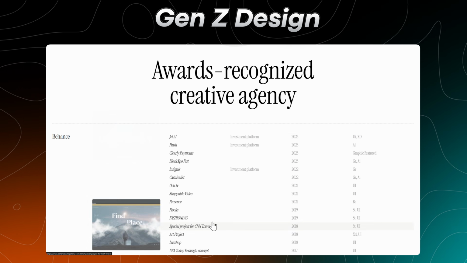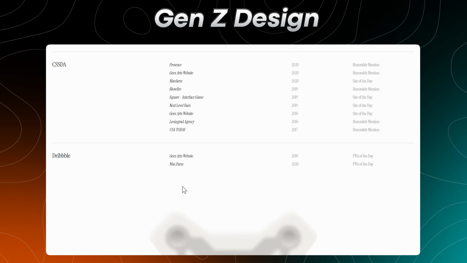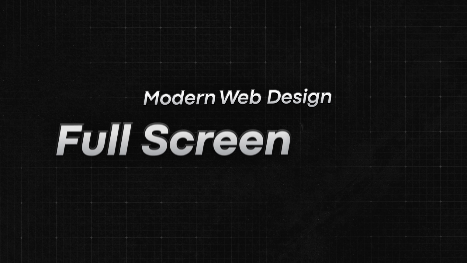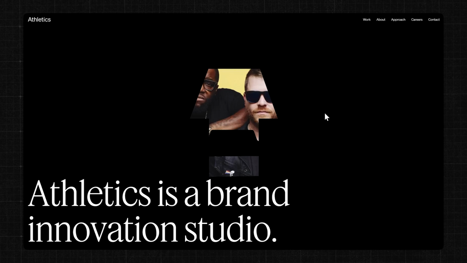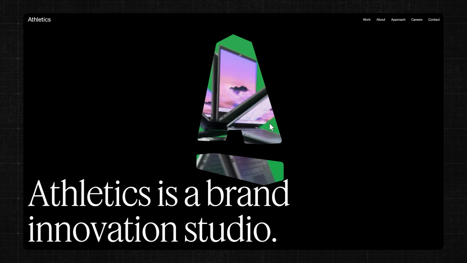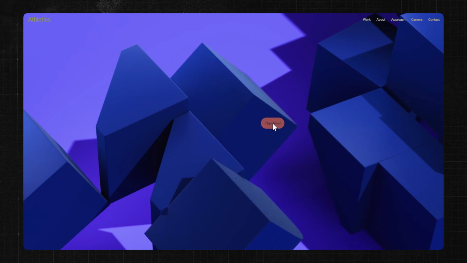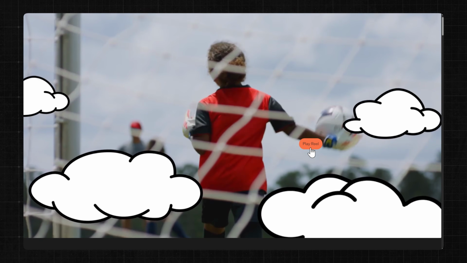The footer is unique too, looking more like a table of contents from a book rather than a footer of a traditional website. Our next style is full screen video, and there's a really cool example here from Athletics, a brand and innovation studio. They have a full screen video inside of a 3D letter A that rotates, and as you scroll in, you get to see the full screen video, and it is vibrant and catchy, and definitely draws